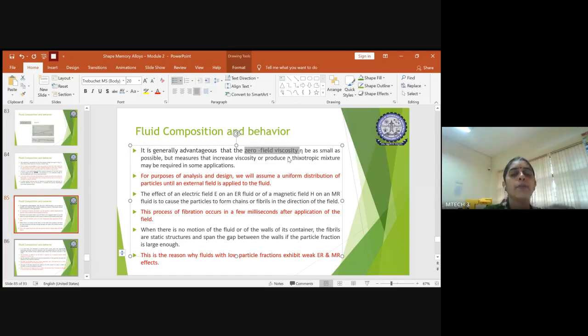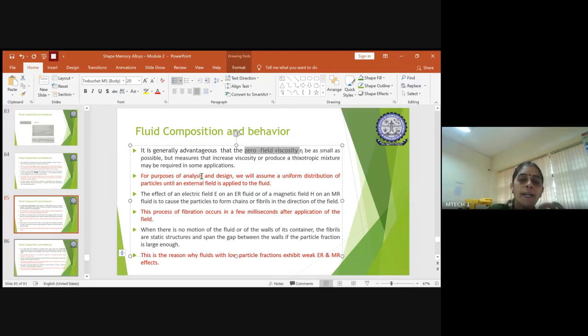Similarly here, before operating a smart fluid device, we have to see that the device we are using is stabilized. To be stabilized, you should have the particles uniformly distributed without electrical field and with constant viscosity. Once it is achieved that the device is stable, then we can apply the external field and run the equipment as per the application.